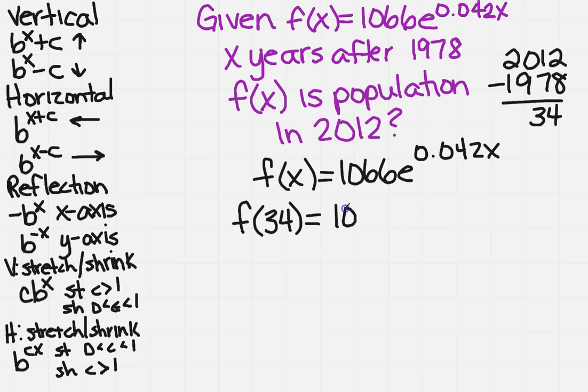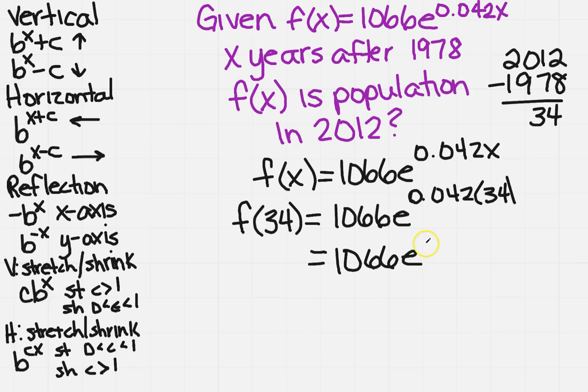So I'm going to do 1066 e to the 0.042 times 34. Now, you're going to have a calculator to do this one. In today's society, there's nothing else that we use. So I want to do it in baby steps with you. So the first thing that I would do is I would multiply my exponent out. So I would get 1066 e to the